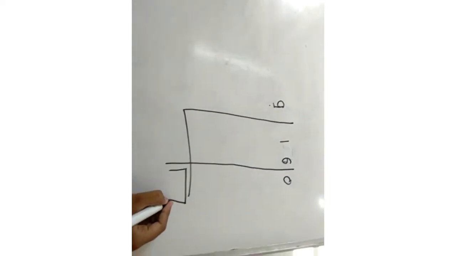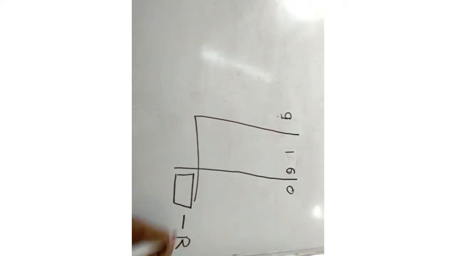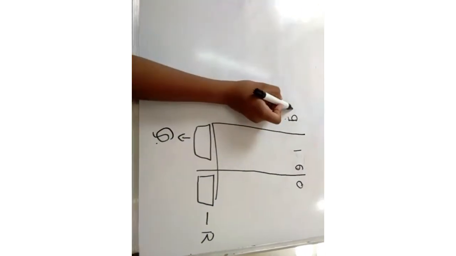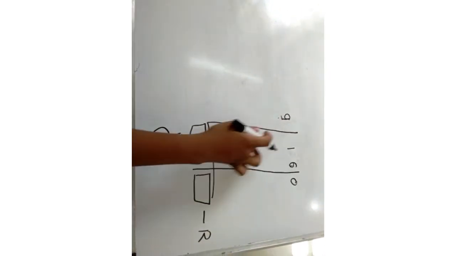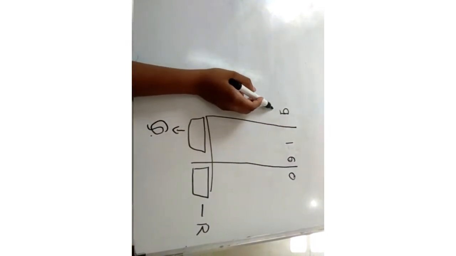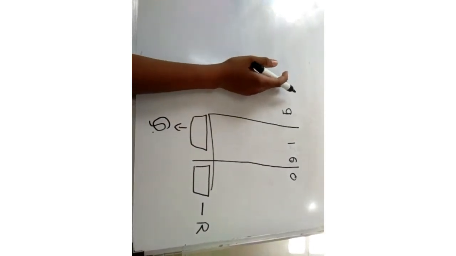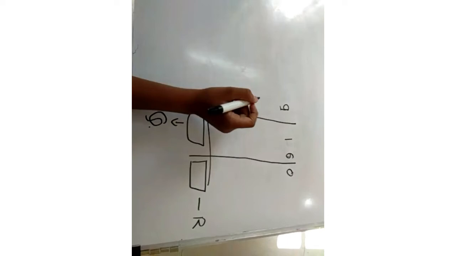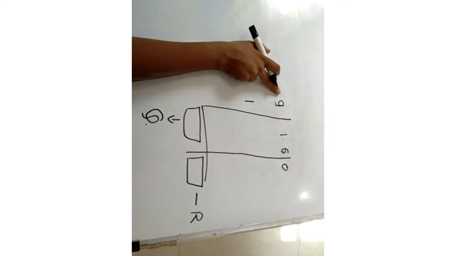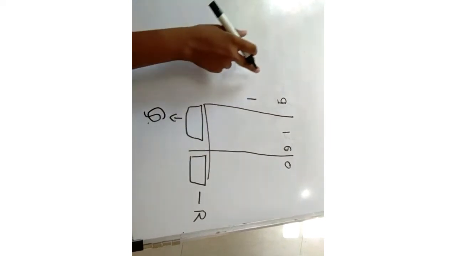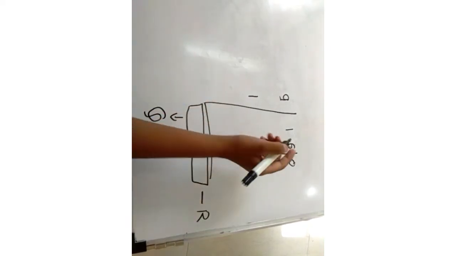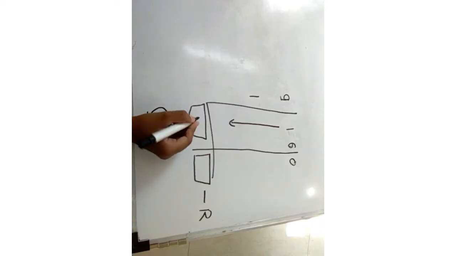In this box will be your remainder, and in this box we will find your quotient. If there is a 2 digit number, we will draw the line here. If 3 digit, then we will draw the line here. Your third step is, if there is a 1 digit number, make it 10. If there is a 2 digit number, make it 100. Here it is 9, so we will add 1 and it will become 10. If there is a 2 digit number, for example 40, then we add 60 to make it 100, and the same for 1000.